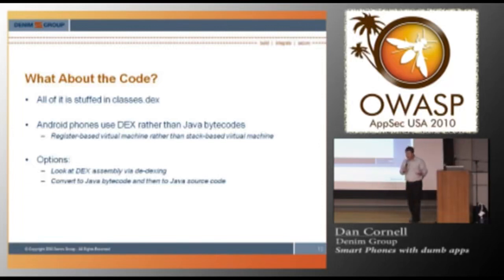The DEX virtual machine is very similar to a Java virtual machine, but it's a register-based virtual machine versus the Java VM, which is a stack-based virtual machine. So to queue up a method call, you put things in registers and then make the call, versus in a Java environment, you push a bunch of stuff on the stack and then make the call. But much like Java, where a tremendous amount of debug and other information is included when you compile, DEX code also contains a tremendous amount of that.